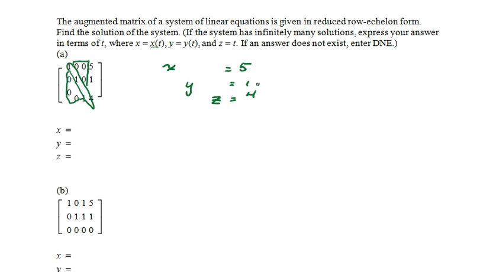And that's why reduced row echelon form is so nice, because we avoid using back substitution if we move all the way to the ones on the diagonal and zeros above the ones in columns 2 and 3. So in example B here,